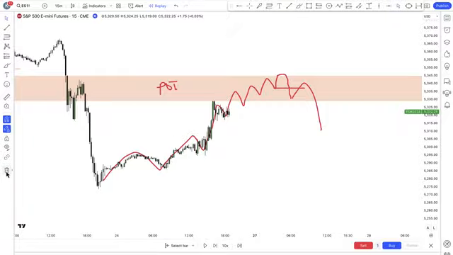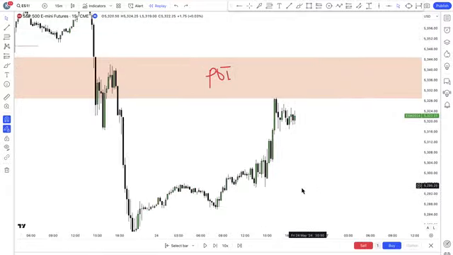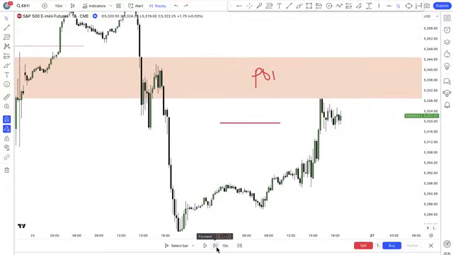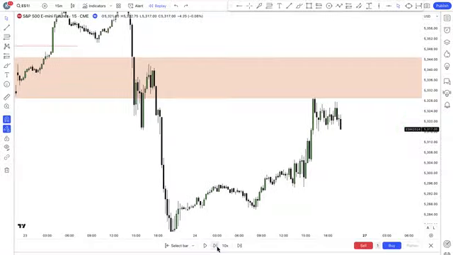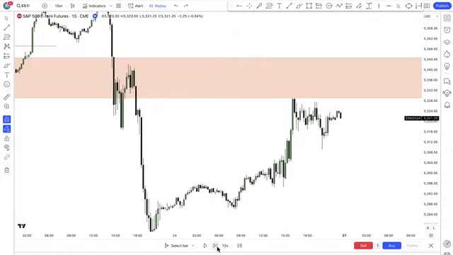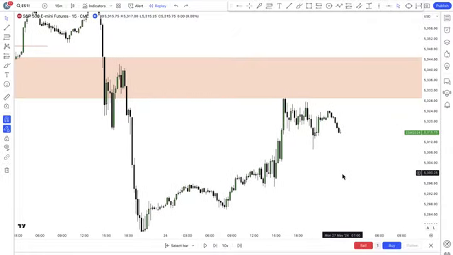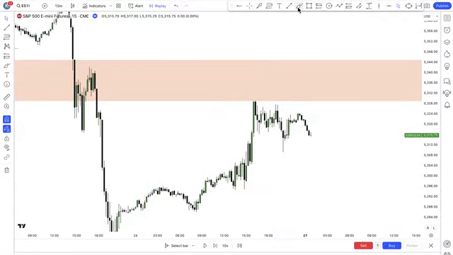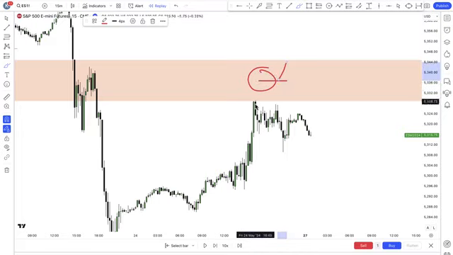So let's look at it in that regard. As price kept on printing this movement, I hope you are going to learn something from this. So let me show you. Price keeps moving. Now notice what I'm saying. The only time the shift in market structure will be relevant to me is when it happens inside the point of interest or above it, not below it.